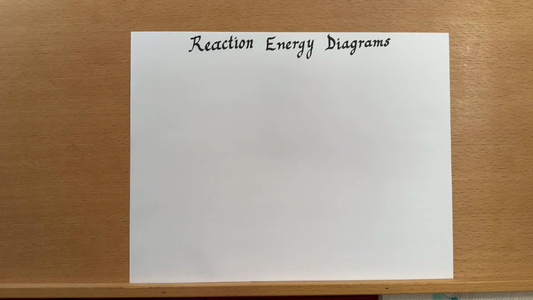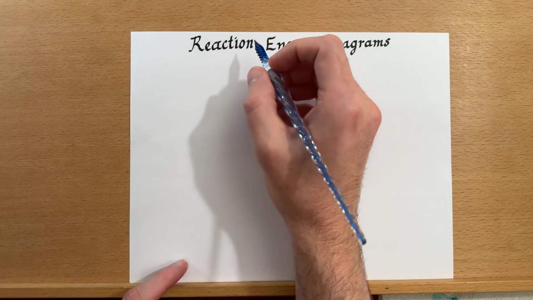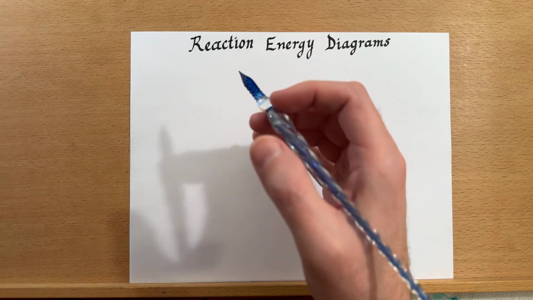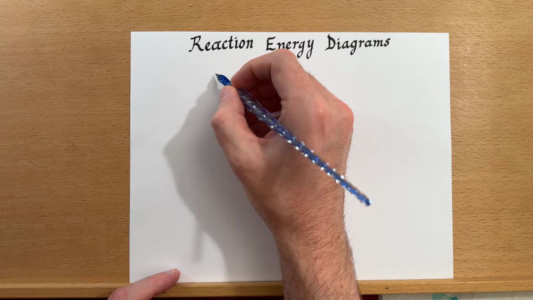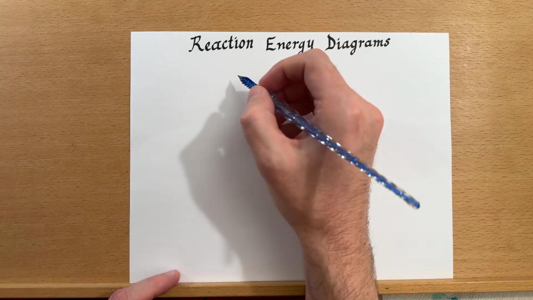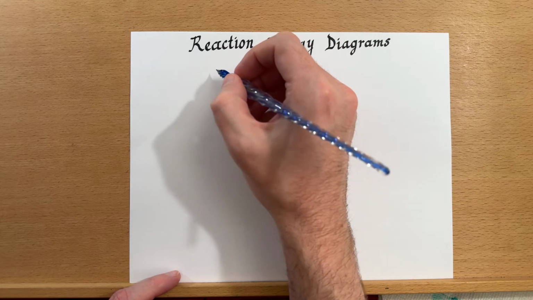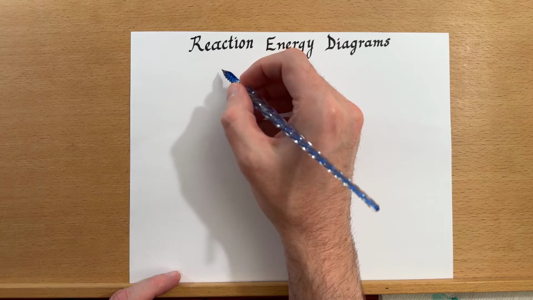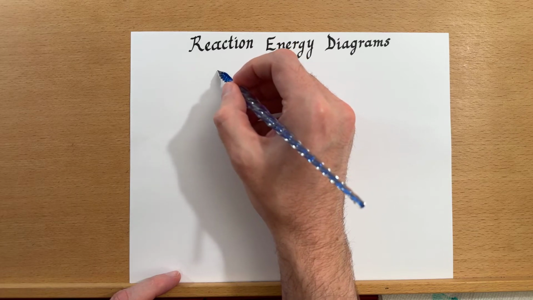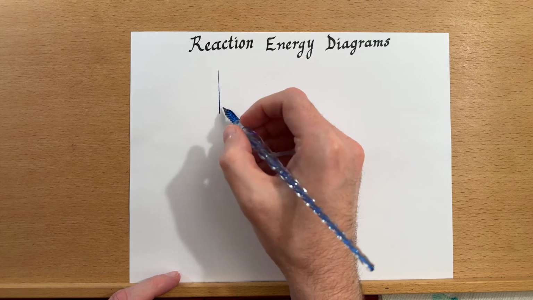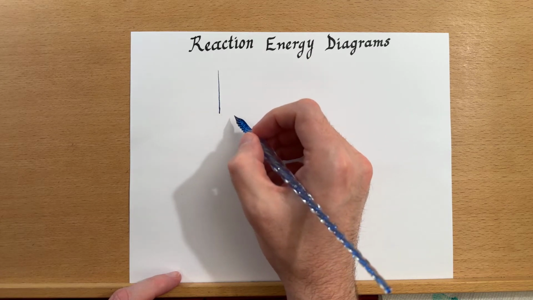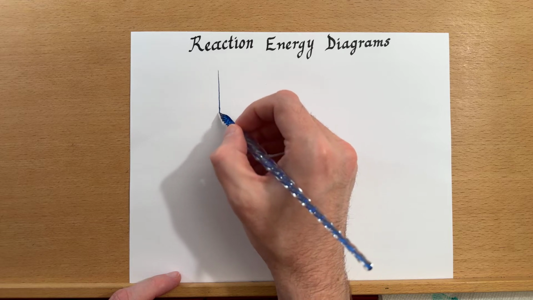Let's look at reaction energy diagrams. So we should pay attention to the energy that our reactions either generate or use. And one of the ways to look at this is to draw a reaction energy diagram, or these are also called a reaction coordinate diagram